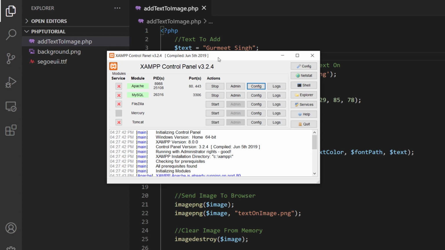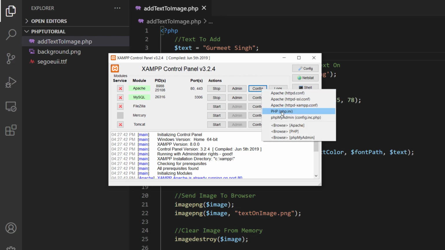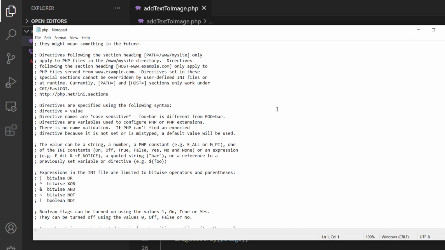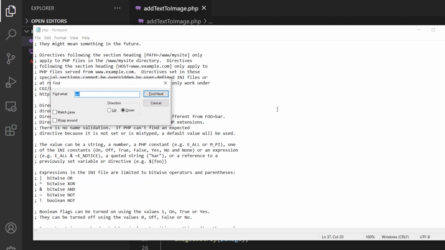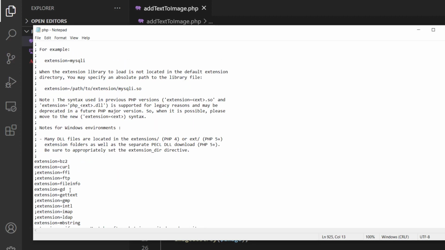So I'll be running the PHP file on my local system. So I have the XAMPP stack installed on my Windows platform. And here, as you can see, I'm using the Apache server to execute my PHP files. So here you can click on the config, and here you have to go to the php.ini file. So here in this file, you can do all of the configurations related to your PHP environment. So here I'm just searching GD, and here you can see I have the extension GD enabled.